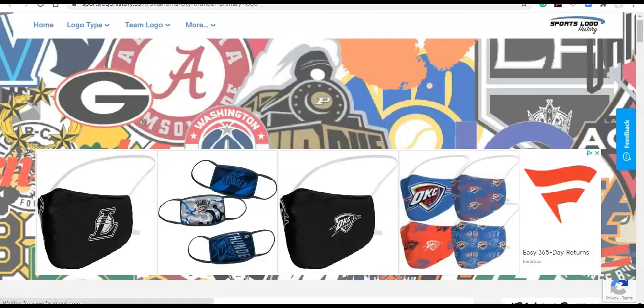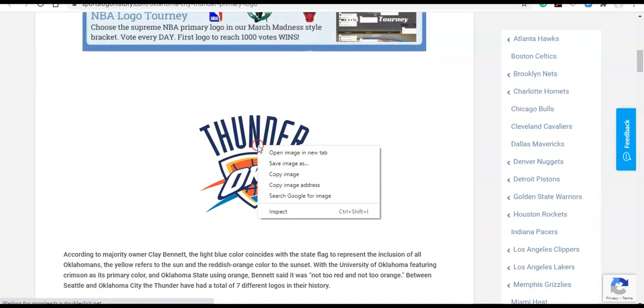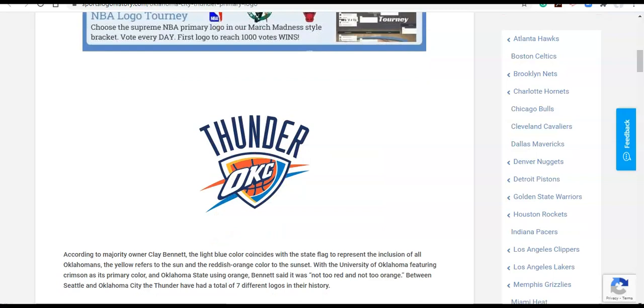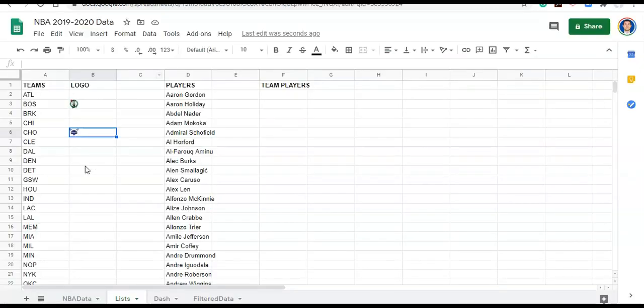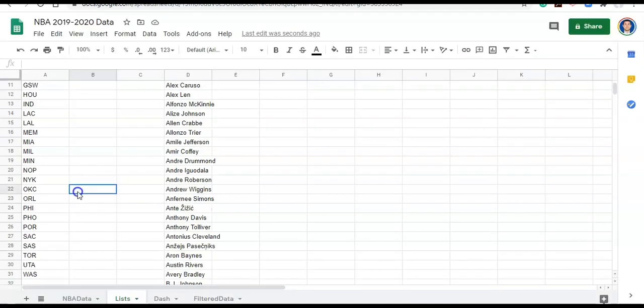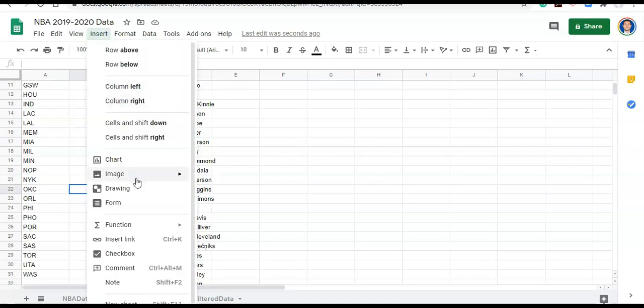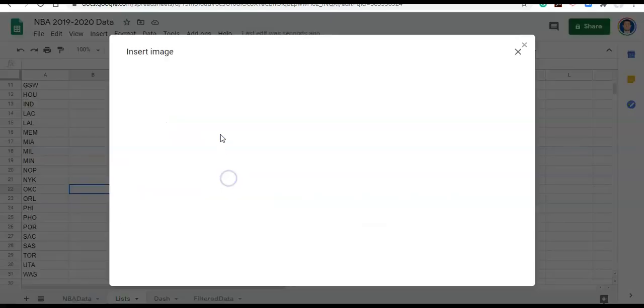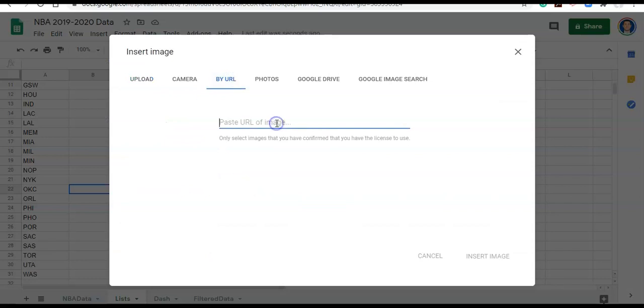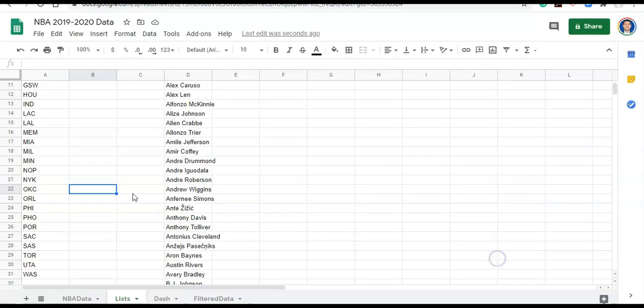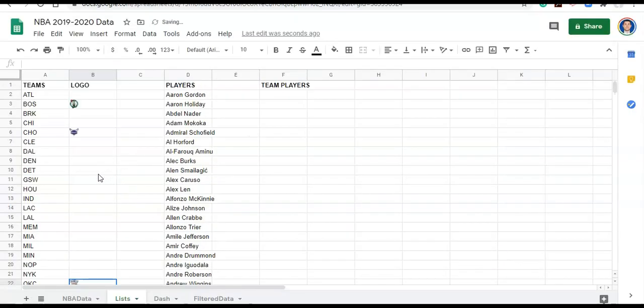Maybe I'll just do one more. I'll do the Oklahoma City Thunder. So I'll copy that image address when I go to the page. Where's OKC? And I'll go to Insert Image in Cell, and I'll go to URL, and I'll paste it in there. Insert image. All right, so we have a couple images, and you could do this for all the teams if you wanted to. I'm not going to do that now, but now what we can do is